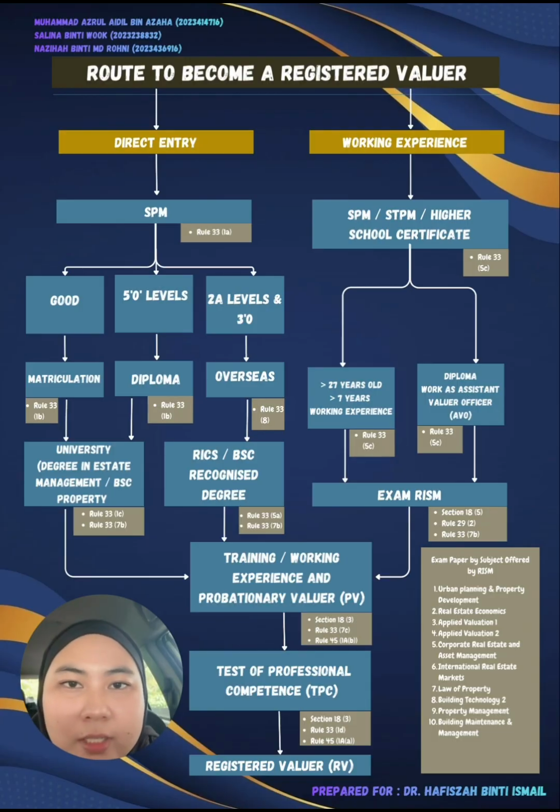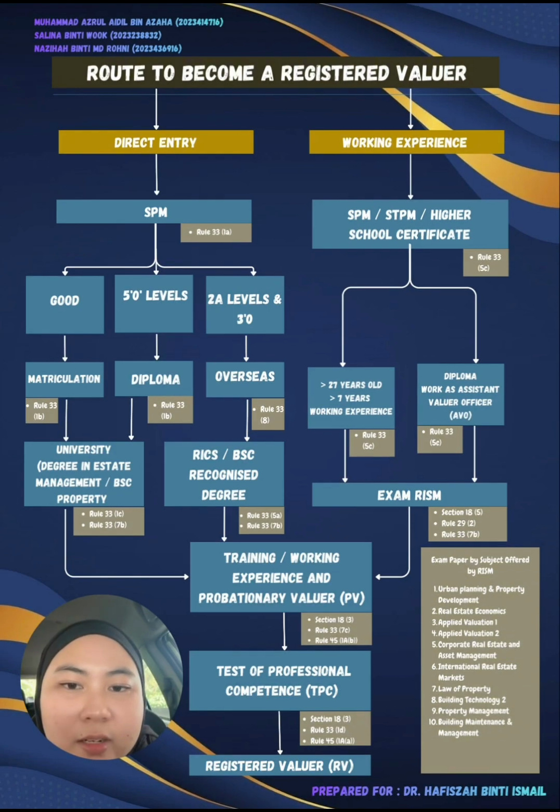To become a registered valuer (RV), candidates must pass the final or direct final examination, depending on their academic background. After passing the examination, candidates must complete the test of professional competence, which is TPC, which includes a written report, case study, and a professional interview.